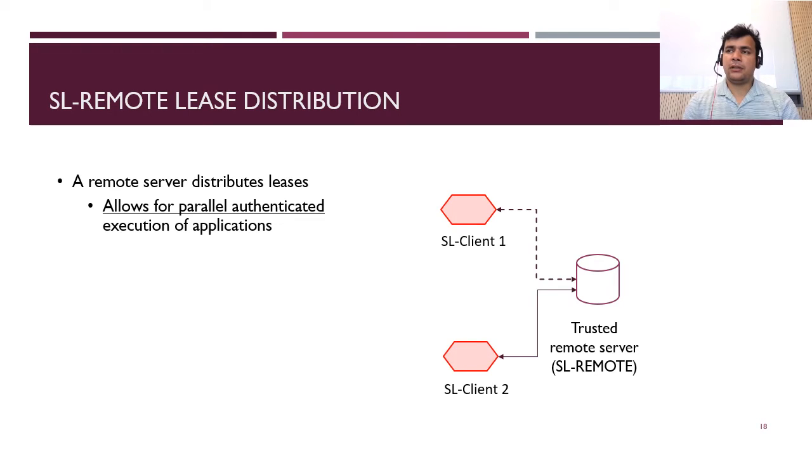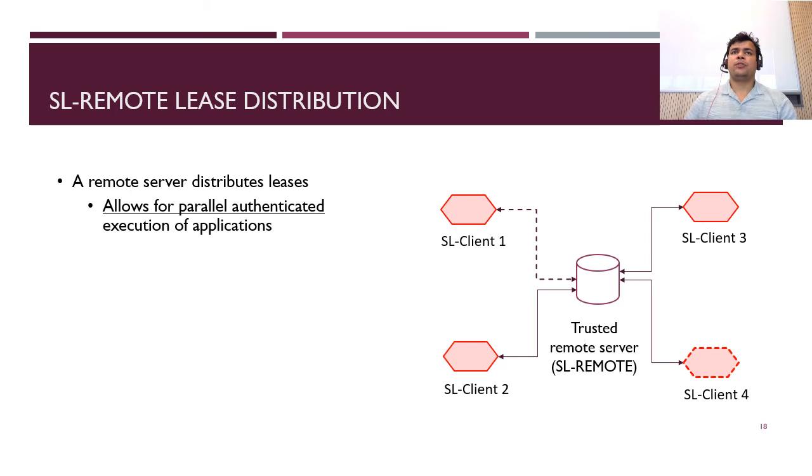So the design allows for concurrent access for a single key. The remote server sees many factors and then decides how many leases it has to allocate. By default, it will allocate an even number to all the concurrent accesses. But suppose it sees that the requesting node is unstable, that it can go away anytime, it can crash or something like that,